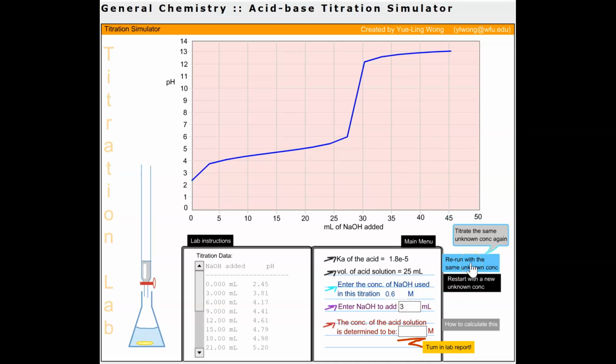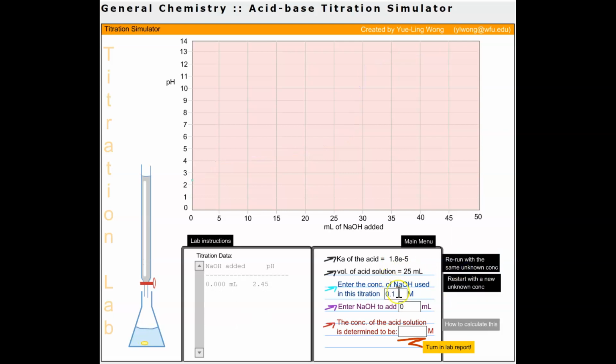So rerun the same curve, but now I need to make note of my inflection at the start, which lasts for about 3 milliliters, and my inflection in the middle, which starts around 25 milliliters. So now that I know I need to be slow for the first 3 and then slow down again at around 25 milliliters, I'm going to rerun this trial. So again, my concentration needs to be 0.6. I'm going to start with 0.5 milliliters,